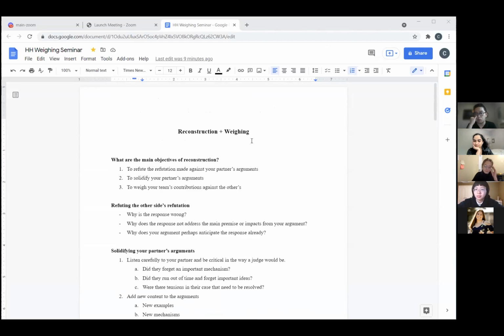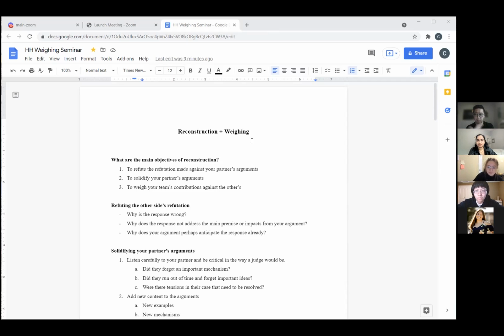I also wanted to specify reconstruction specifically because I think a lot of deputy speakers have a tendency to prioritize reconstruction less than refutation. But I've noticed that at this point, my deputy speeches have become like 50% of each, because reconstruction is just that important and it's oftentimes a really great opportunity for you to both weigh your arguments and stay relevant in the round. So I'll start off briefly on reconstruction.